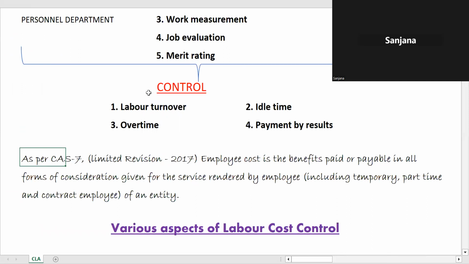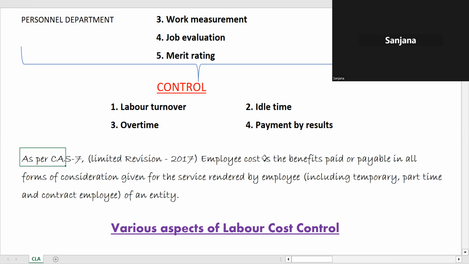ठीक है, तो यहाँ पे ये देखना है कि लेबर कॉस्ट को कैसे डिफाइन किया गया। यहाँ आप देख रहे हैं लिमिटेड रिवीजन 2007। CAS में भी टाइम टू टाइम अमेंडमेंट्स होते हैं, ये एक अमेंडमेंट जैसा है। लिमिटेड रिवीजन का मतलब है कि होलसेल चेंज नहीं हुआ, बस कुछ पॉइंट्स चेंज हुए हैं। तो हम जो पढ़ रहे हैं वो जो चेंज्ड है वही पढ़ रहे हैं, यानी अमेंडेड CAS ओनली।